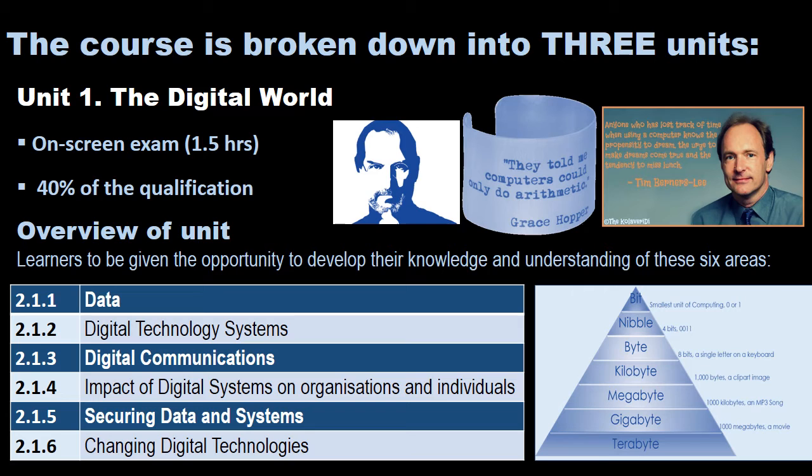This course is broken down into 3 units. Unit 1, the digital world, and this is going to be the theory element of it. In the past, you would have to have a written examination. You'd go into the boys' gym and you'd be given the exam paper and you'd write the answers out. This is quite innovative. We are now going to have an on-screen exam. Exactly the same where you would write the answers, you will be typing them. There will be multiple choice, but there will also be extended questions that you will need to give a very in-depth, explicit answer.